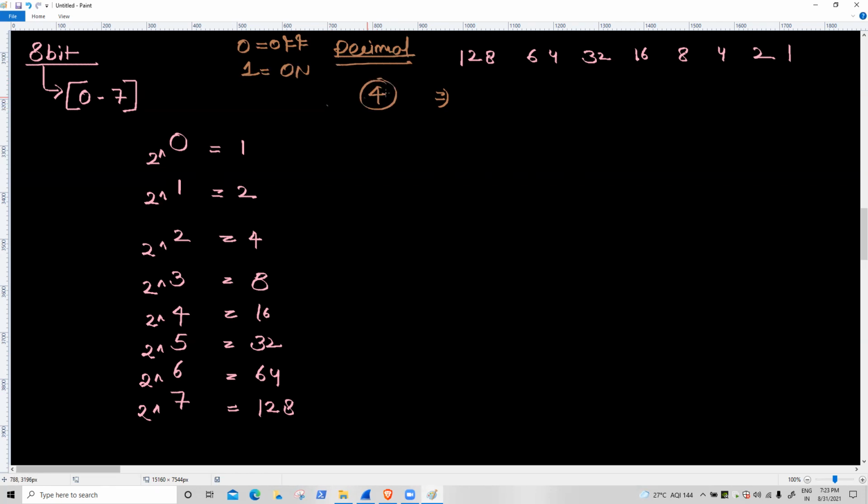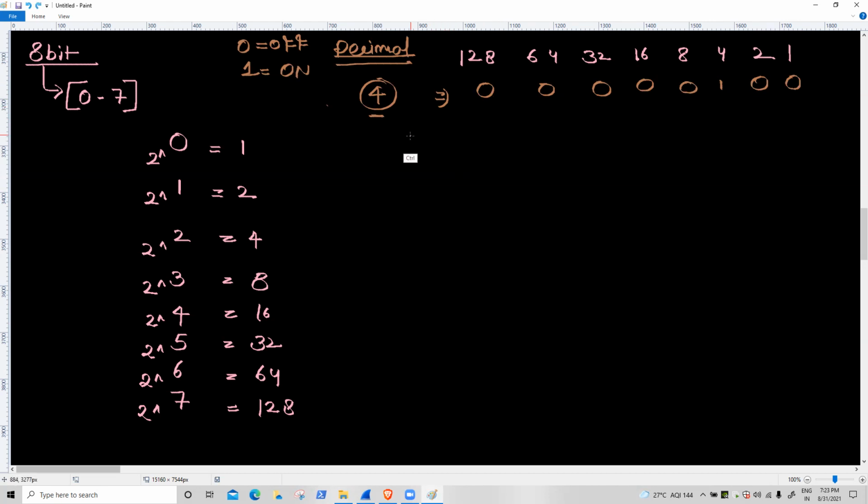So which bit is on or off? Is 128 on or off? Is it a higher value or lower value? Higher. 0, 0, 0, 0, 0, and 4 is equal to 1, 0, 0. So right now for this decimal value, the binary is this.